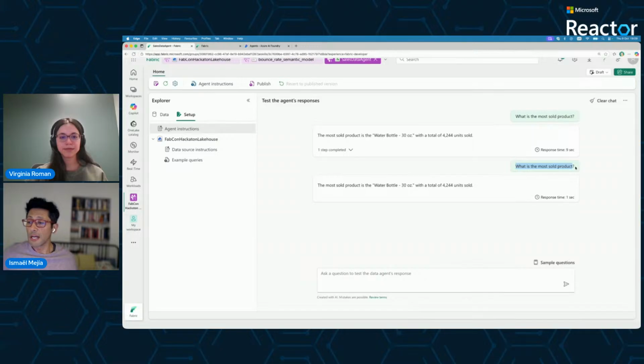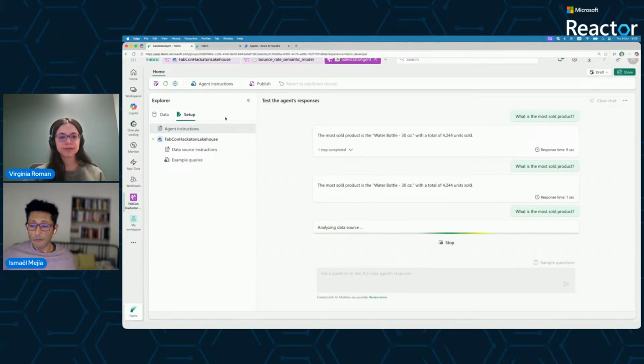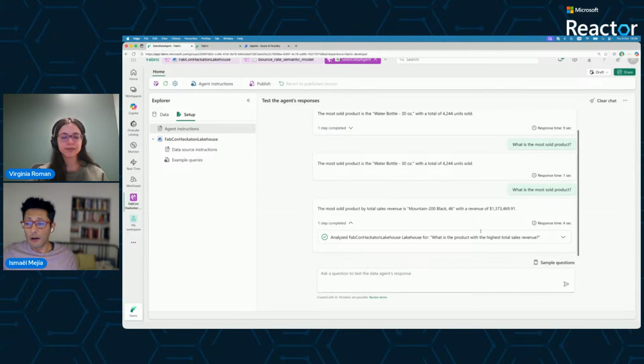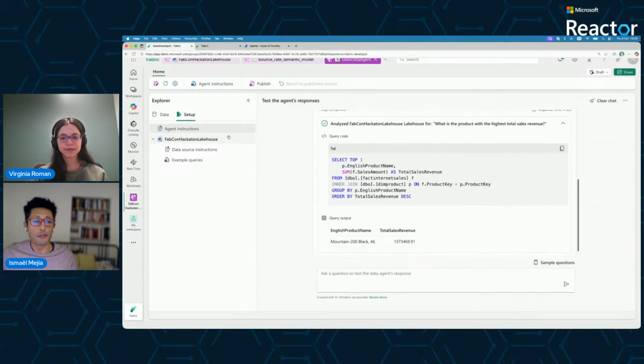Okay, so I'm going to ask the same question again. Hopefully it will change the answer because of the context. We will see. Okay, so now we have a different answer. And it probably is because I put the context in the right place in the agent instructions now. Now it figured out that it has to use a different table because that's what we told it in the instructions. Just go back for a second to show that